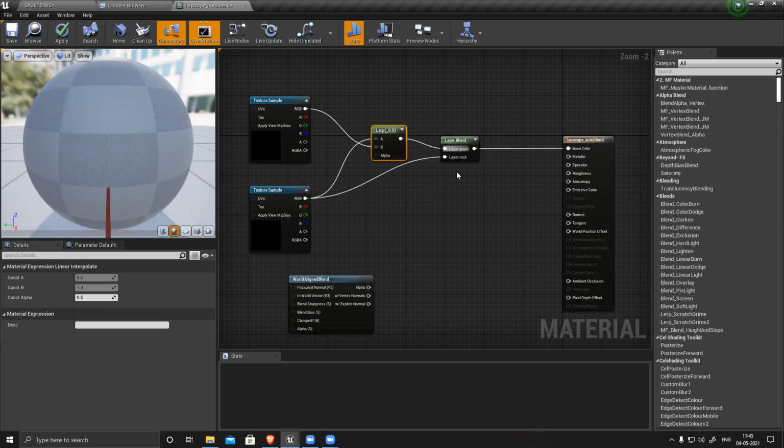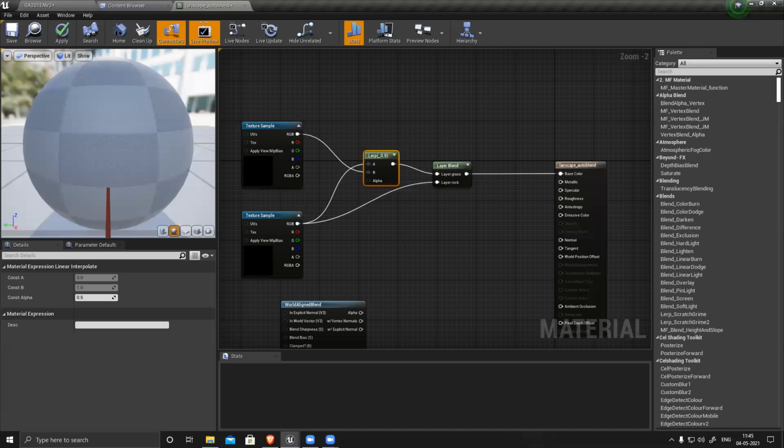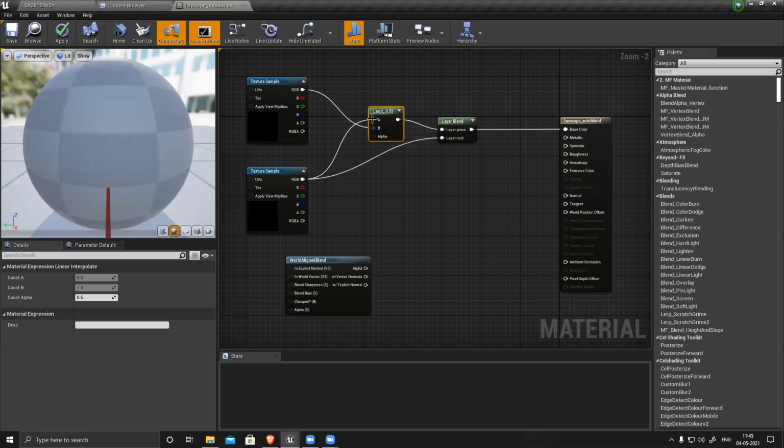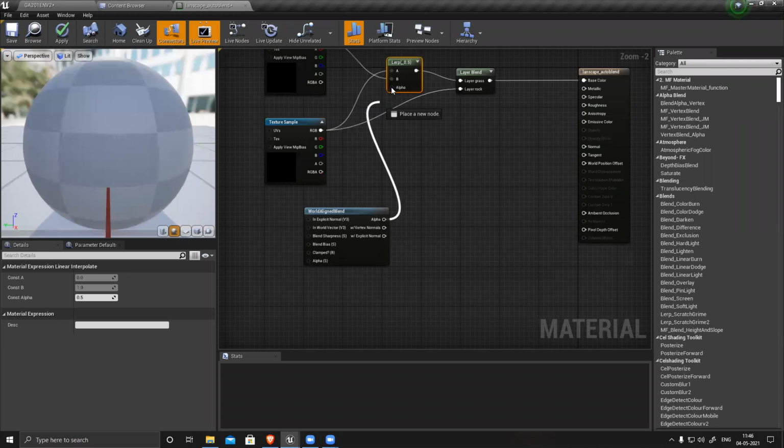So what will happen? The exposure, whatever it's exposing based on this, it's exposing texture A wherever this rock surface is there. So now connect this alpha to alpha. It's a very simple, straightforward thing.